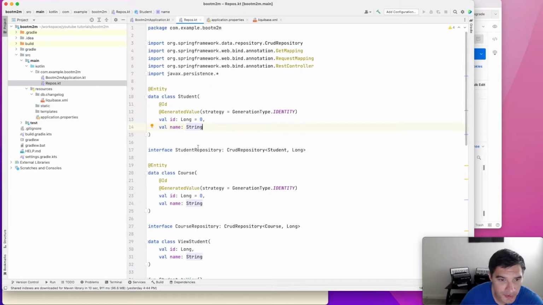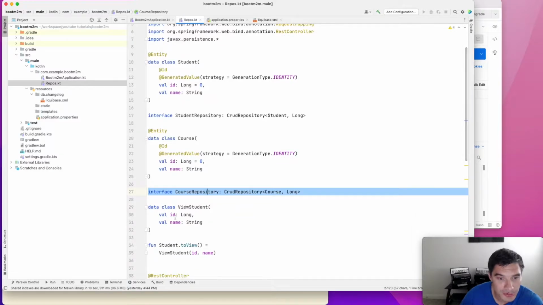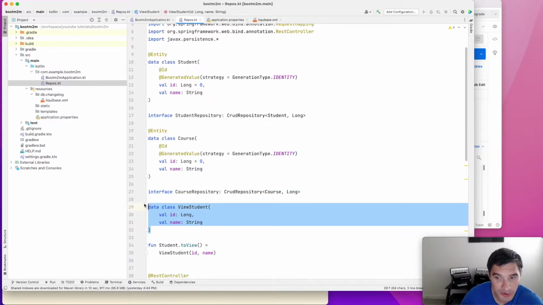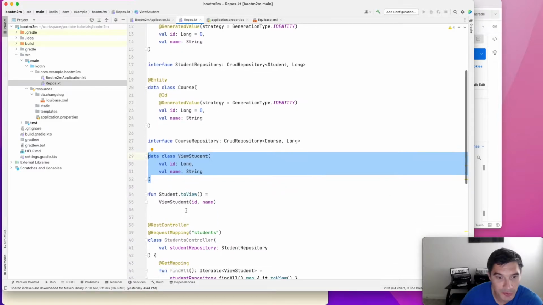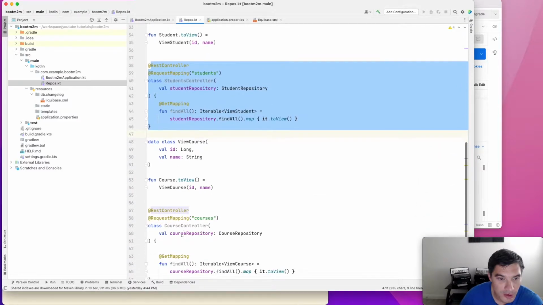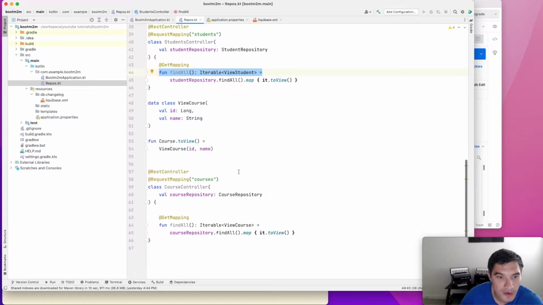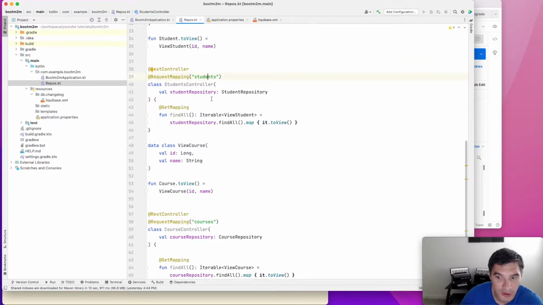Also in this file, we have a student repository, which doesn't have any custom operation, and a course repository, and also objects that will be returned as REST API responses. We have controllers for both the students and the courses, and both of these controllers have one method, which is the find all. It returns all the objects in our system. Also the same thing for courses. The path for these endpoints is courses and students, so just a basic CRUD